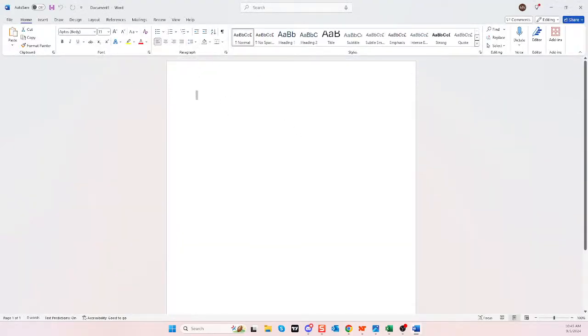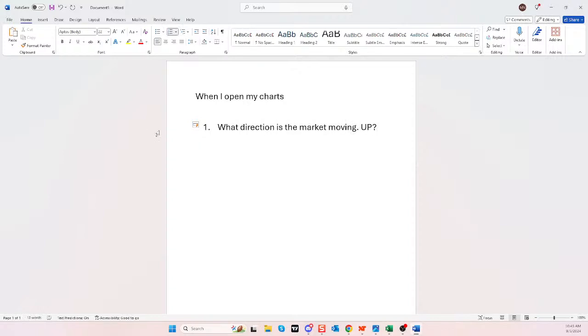Let's type it out. Sometimes seeing it typed out helps people, I think. When I open my charts, what direction is the market moving, right? I decide right off, is it up or down? So I know which way I should be trading. And then I go straight into, do I have momentum? Yes. Go to rule number 2. No. Go get a sandwich. Because in the beginning, I'm really trying to get another. But you still had a fib, right? And then if it's yes,